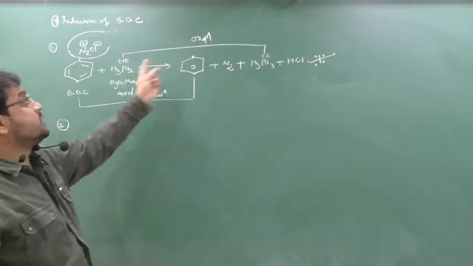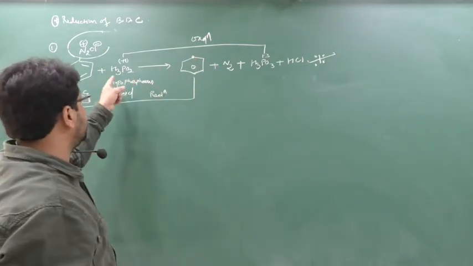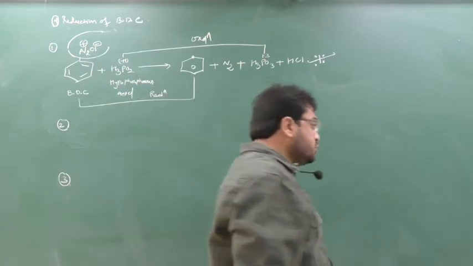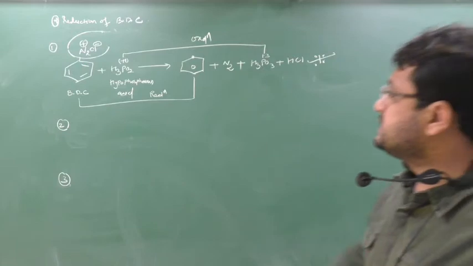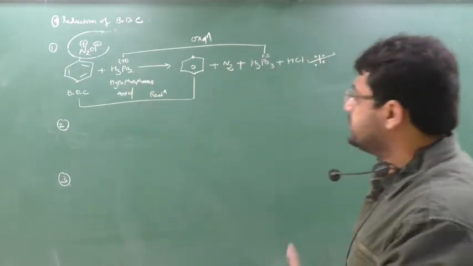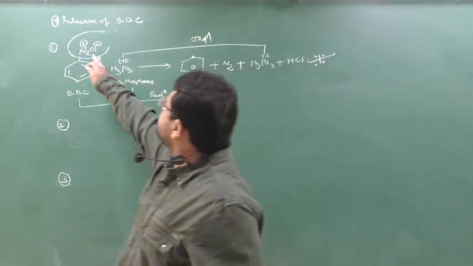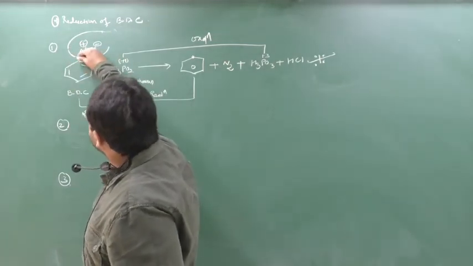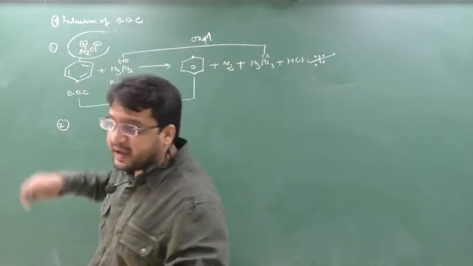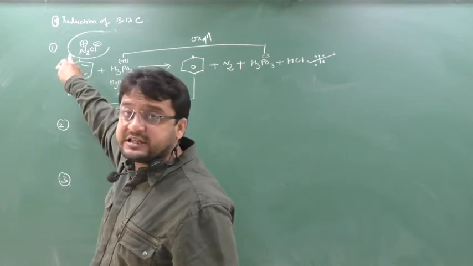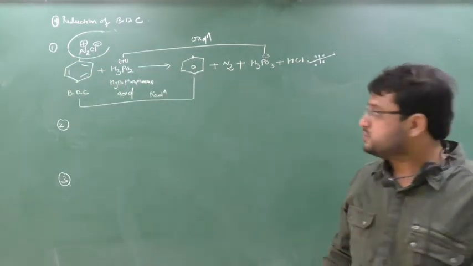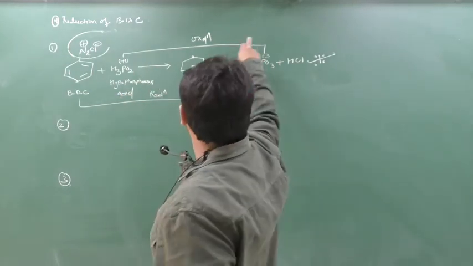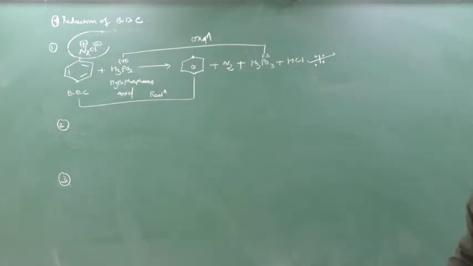Now H3PO2 is undergoing oxidation. The one who undergoes the oxidation is the reducing agent. So for the reduction of benzene diazonium chloride, the reducing agent taken is hypophosphorus acid. In this way you can see, if N2 plus Cl minus whole is removed, here a vacancy will be created. This vacancy is filled by H plus. So here H is getting added. So addition of H or removal of oxygen is known as reduction. So here reduction occurs and this oxidation occurs. So this is the reduction of BDC, that is benzene diazonium chloride.